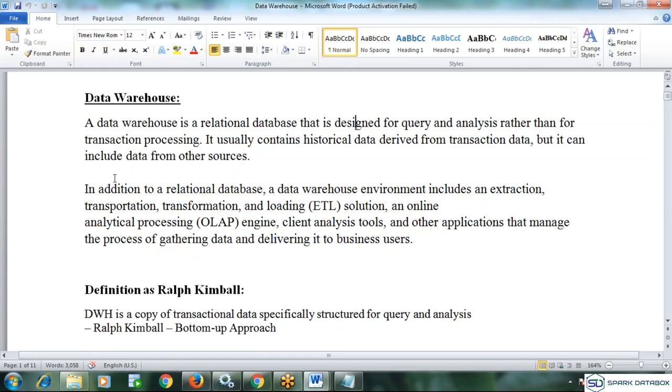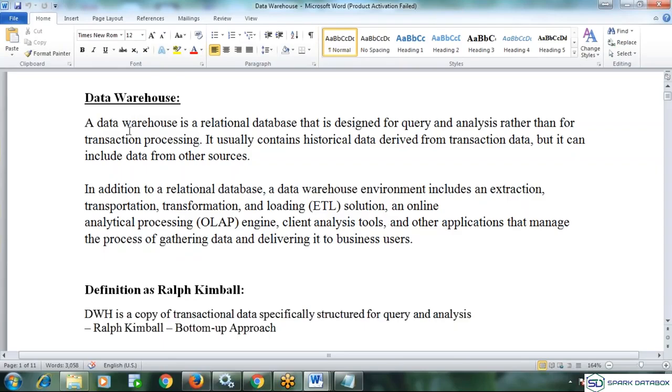So here, what is our data warehouse? Our OLAP is our data warehouse only, right? OLAP means our data warehouse only. A data warehouse is a relational database that is designed for querying and analysis rather than for transactional processing. So it is a separate database only for querying purposes.